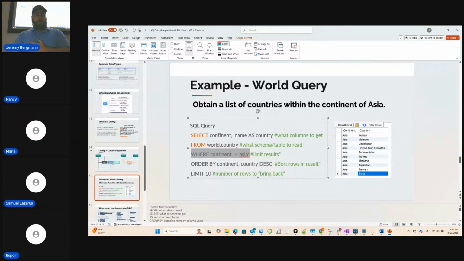We don't have any GROUP BY or HAVING. So we're selecting just the columns we want. And then we want to ORDER BY continent and then country descending. So this is going in reverse alphabetical order. And then I just want the top 10, LIMIT 10. So it returns 10 in reverse alphabetical order.